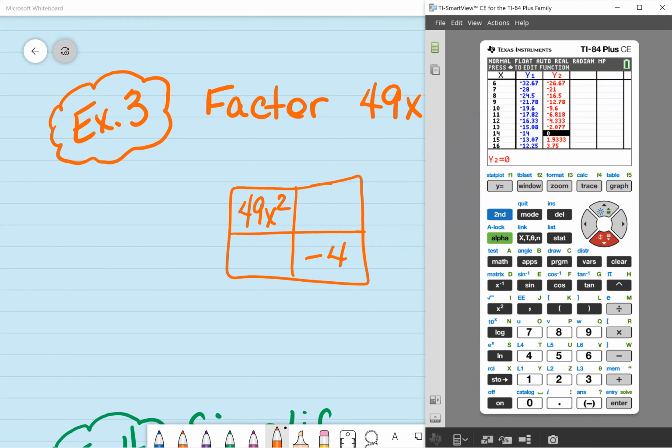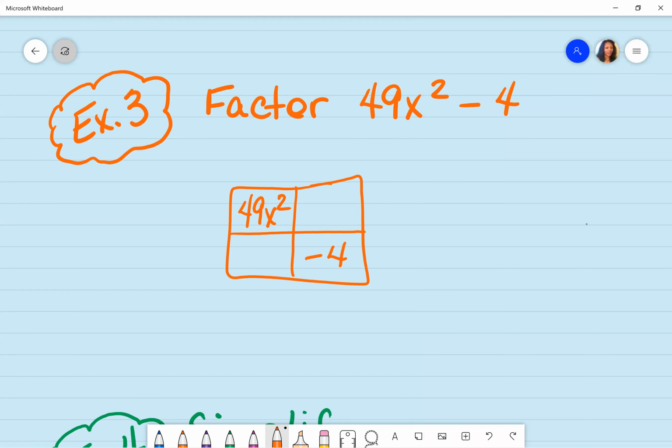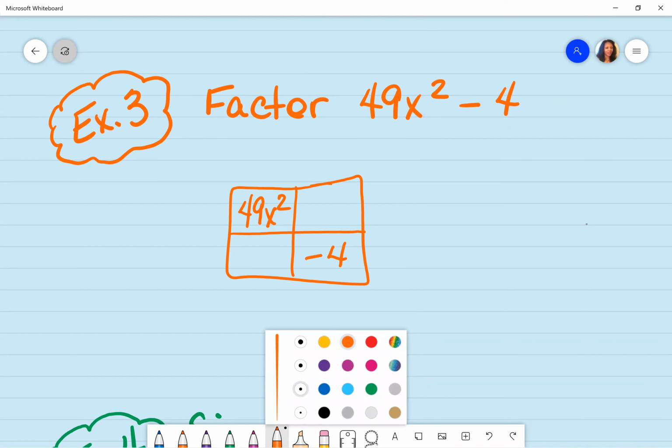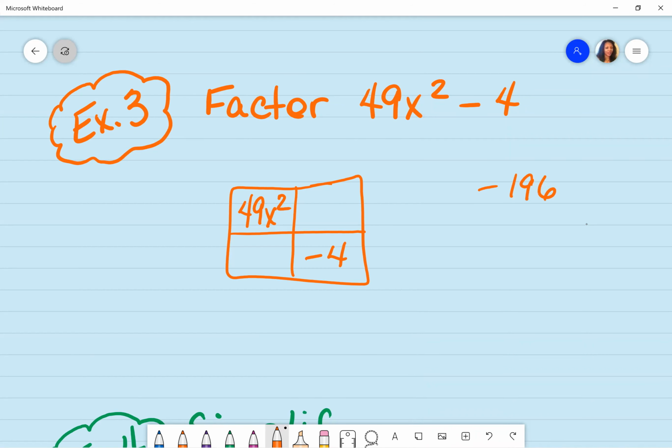If I am doing this correctly, because this is a difference of 2 squares, it should be the exact same number, just with different signs. So here I have 14 times -14. So my initial number was, if I multiply A times C, -196, and 14 times -14 is what's going to be in my second and my third box. So I have +14x,